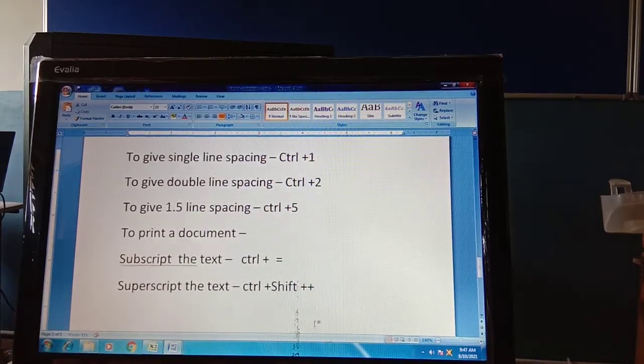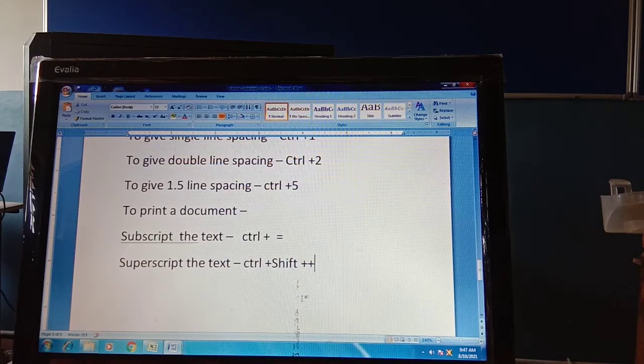For example, I want to superscript this. So Control, Shift and plus. See, Control, Shift and this. Clear to everyone? So this is how you can superscript your text. This is superscripted.